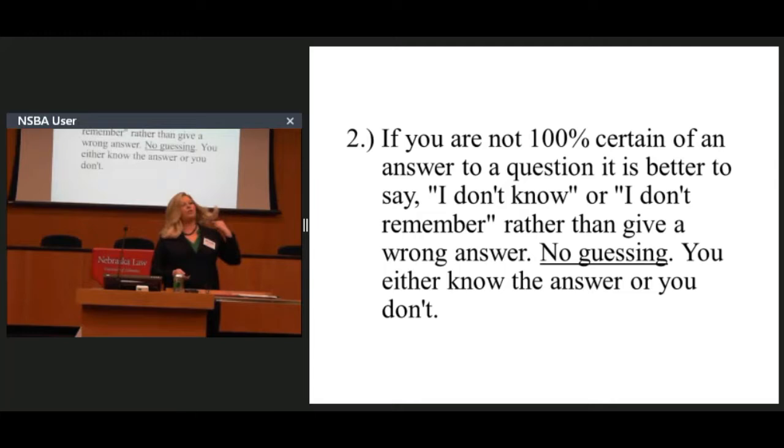All right, the next one is if you're not 100% certain of an answer to a question, it's better to say, I don't know, or I don't remember, rather than giving the wrong answer. No guessing, you either know the answer or you do not. If you need to clarify in order to answer a question, state that instead of providing a less than certain answer. On the other hand, don't be a jerk and make opposing counsel's life miserable. And